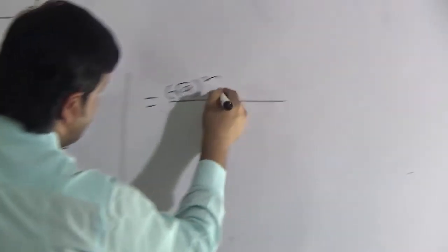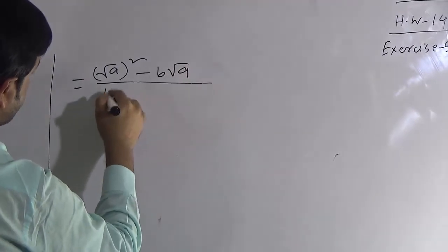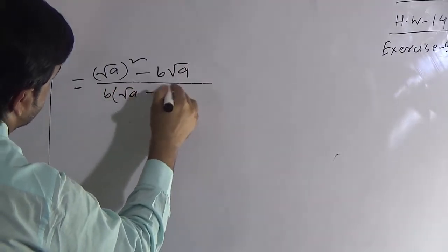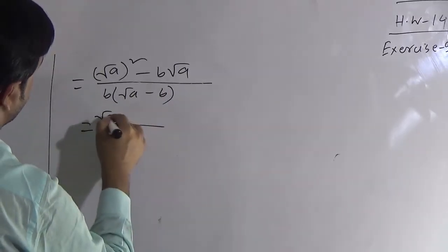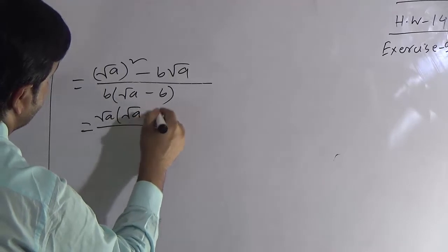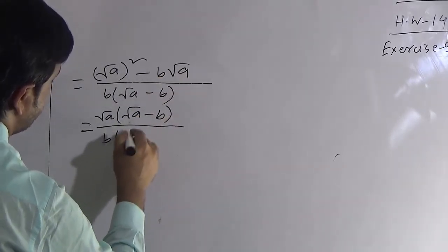This means square root a whole square, or square root a into square root a minus b into square root a. So we will get here b into square root a minus b. Now take square root a as common. You will get here square root a minus, here b will remain only, and the denominator will remain the same, square root